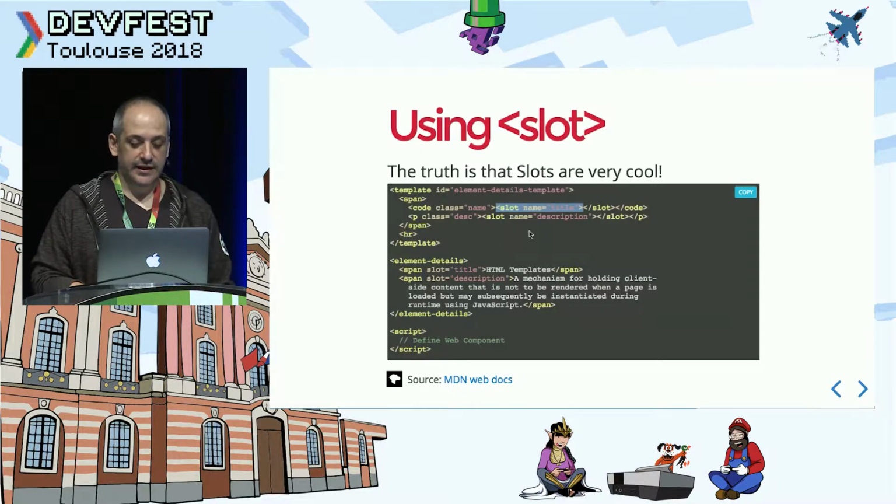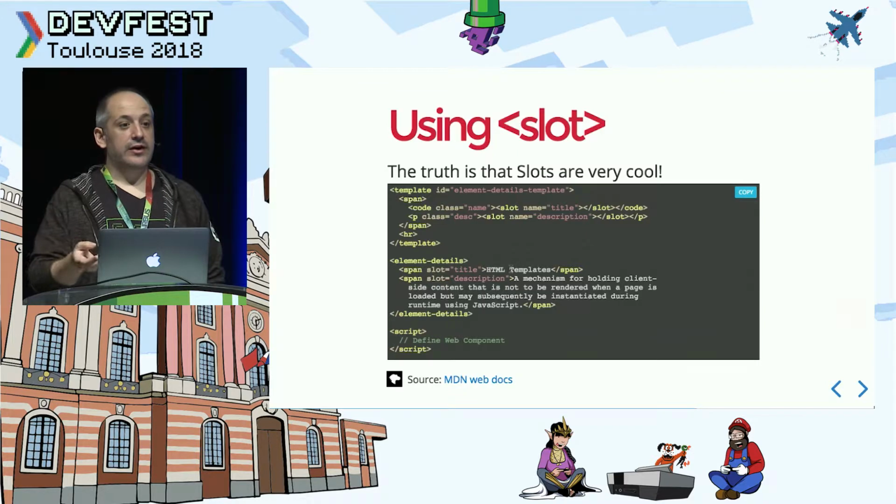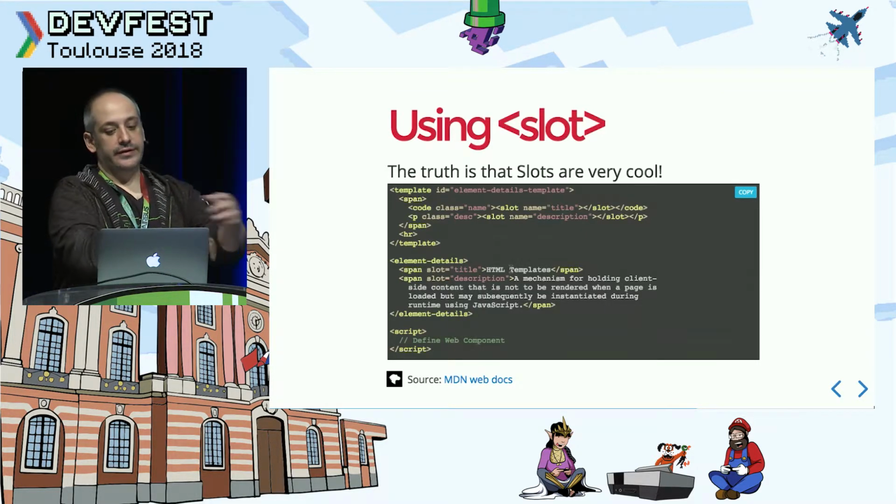And because name here and slot here are the same, this HTML templates code is going to be moved here to be placed inside here. So the same thing for description. This is very similar to what we have right now in Angular with the content projection. And this is the API that the W3C has created to have this content projection on the